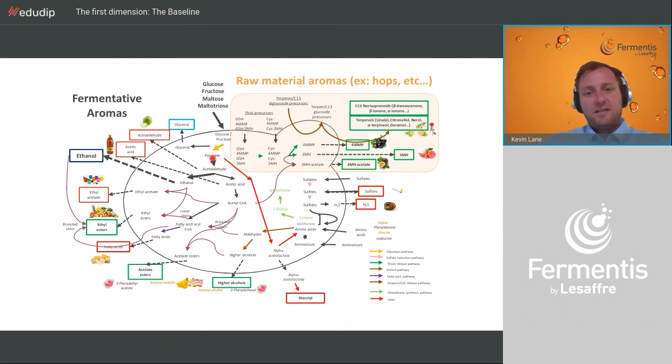But the important thing to look at is the outputs of the yeast. And there you have glycerol, acetaldehyde, acetic acid, ethanol, of course, CO2, heat, ethyl acetate, ethyl esters, fatty acids, acetate esters, higher alcohols, diacetyl, H2S, sulfites. There's a lot of different things that the yeast are producing just from the sugar fermentation, or taking in sulfur compounds, converting them for the production of amino acids, or taking in amino acids and converting them to higher alcohols